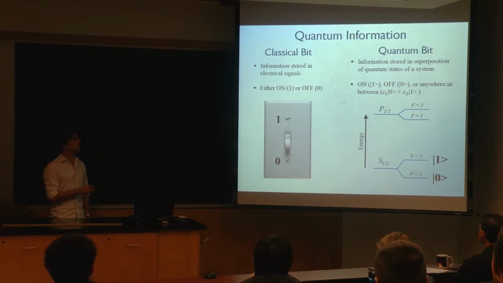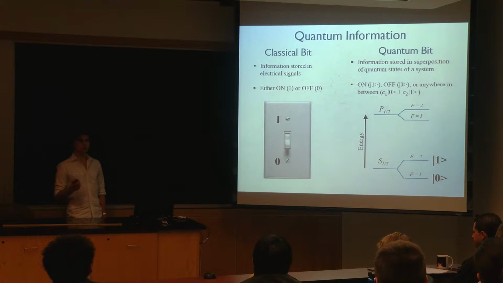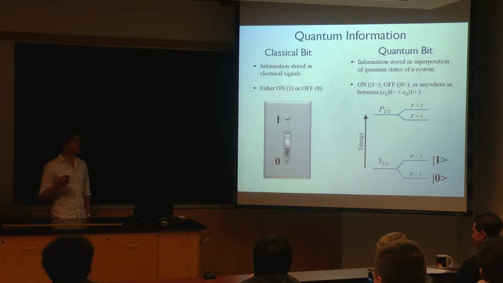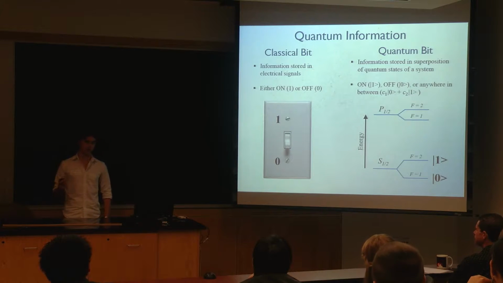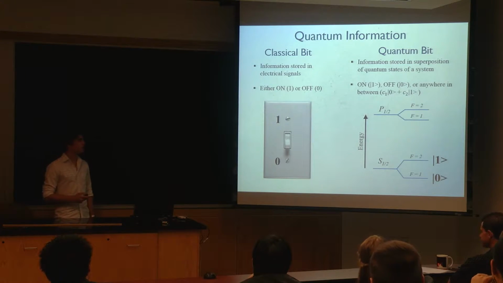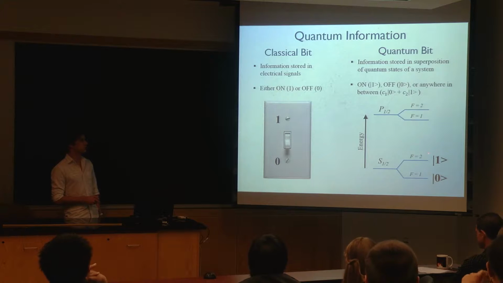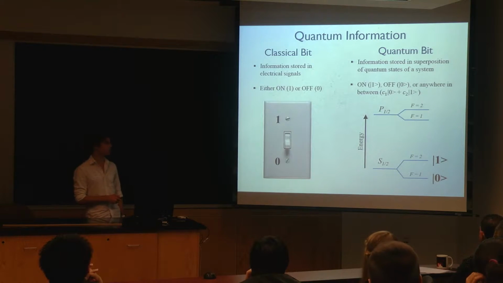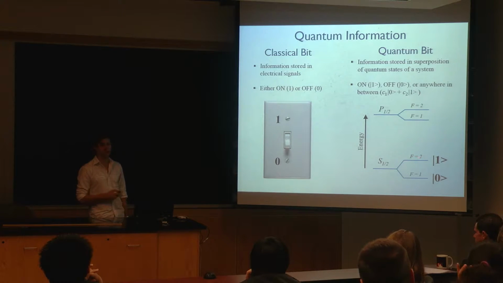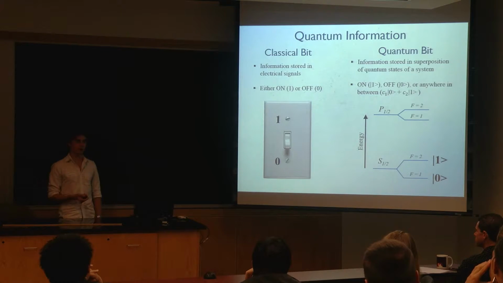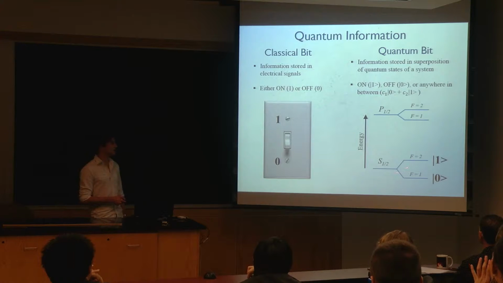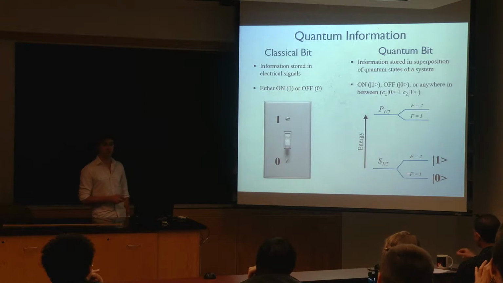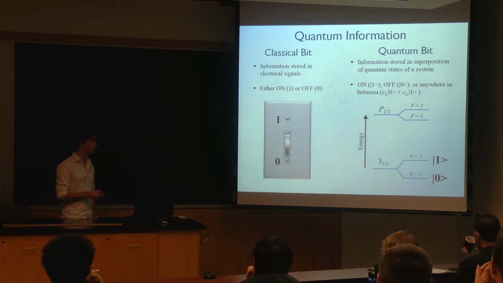So a quantum bit is similar to a classical bit. It also stores information, but it doesn't store it in a switch necessarily. It stores it in the superposition of quantum states in some quantum system. So for instance, you can store information in the energy levels of an atom. These are the hyperfine levels of a generic atom, I think this is actually barium. So for instance, the F equals 1 state would correspond to a 0, and the F equals 2 state would